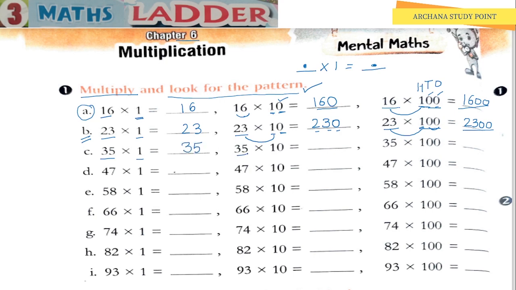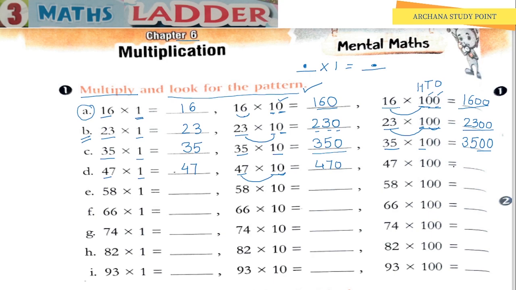Now 35 multiplied by 10 will give me 35 and I'll put 0 at the end, so it will make it 350. Now again 35 multiplied by 100: 35 multiplied by 1 will give me 35 and I'll put 2 zeros towards the end, which will make it 3500. Now the question number D, 47. 47 multiplied by 1 will give me 47. Now when I have to multiply with 10, I will multiply 47 with 1 which will give me 47 and for the ones place I'll put 1 zero and it will make it